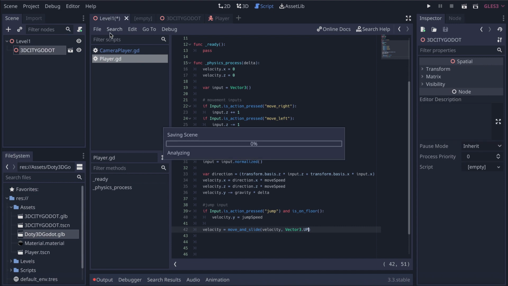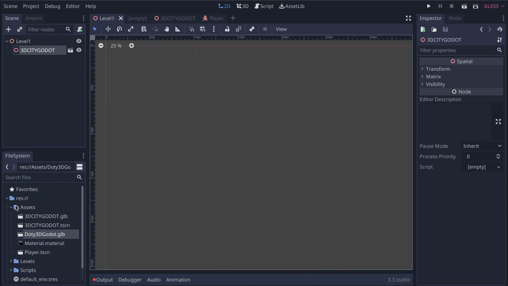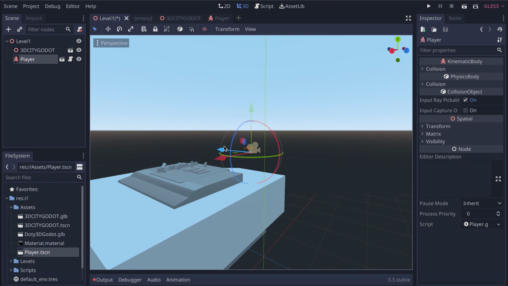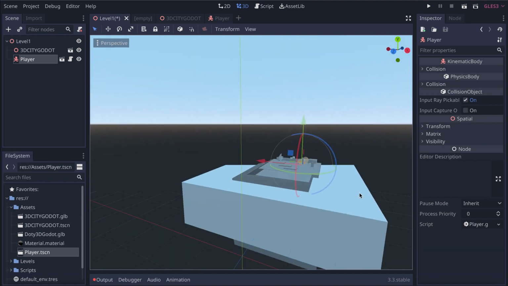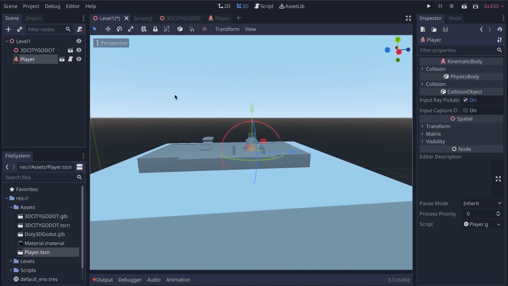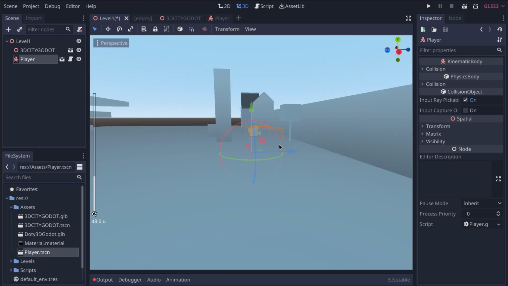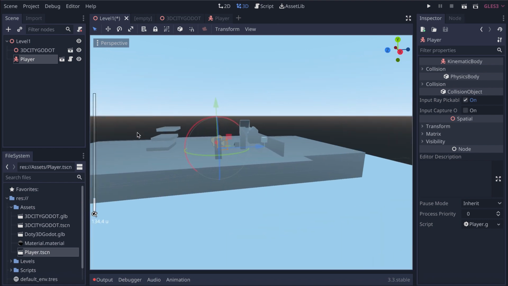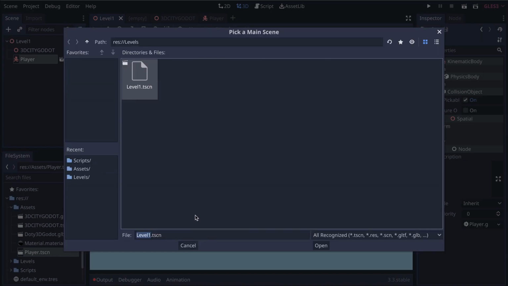So I'm going to go back to my level. I'm going to put my player, and just set up everything nicely. Voila. Okay, so now I'm going to put my player right here, and supposedly it should work. So I'm going to save and I'm going to play. I'm going to select my level 1, open,